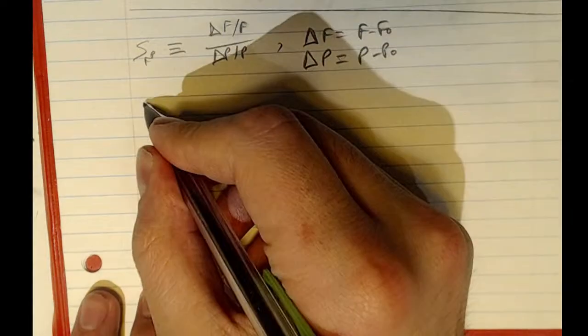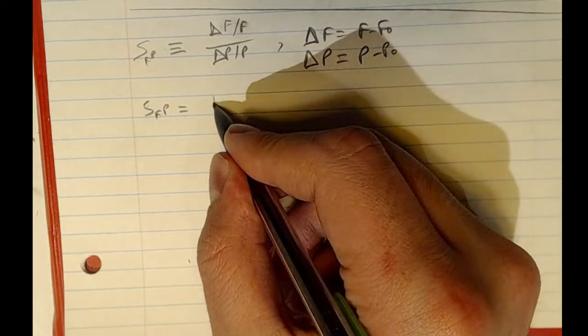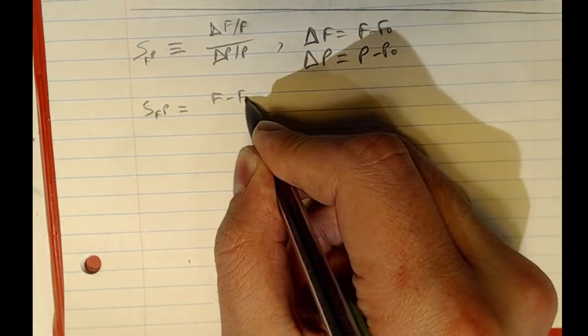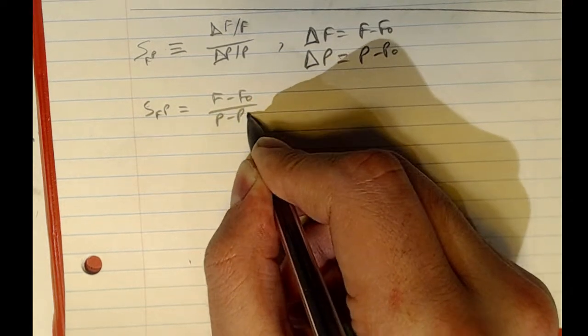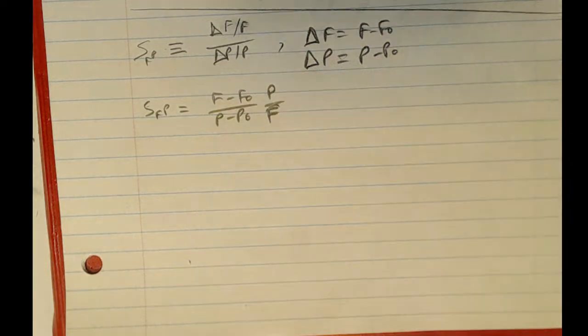So this S_F^P is equal to F minus F naught over P minus P naught times P over F, but